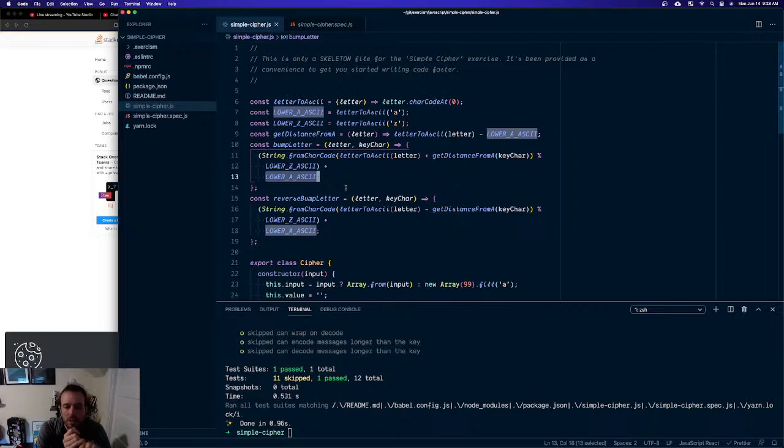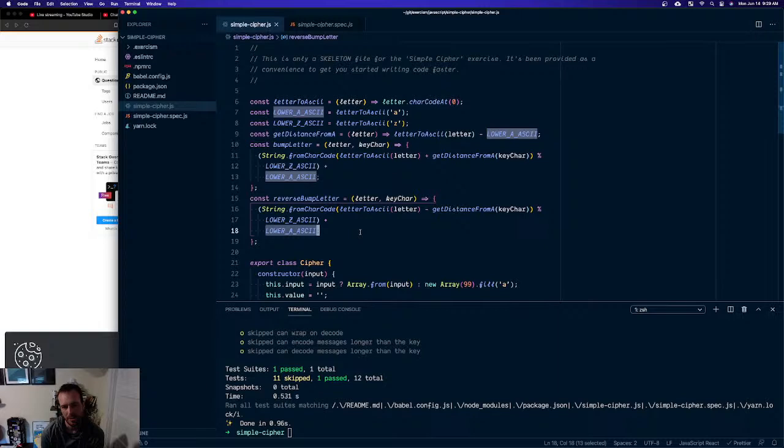It will only go negative. If it goes negative, what I want to do is add. So this mod lower z will never do anything. What I want to do is add ASCII A, and that will always put it